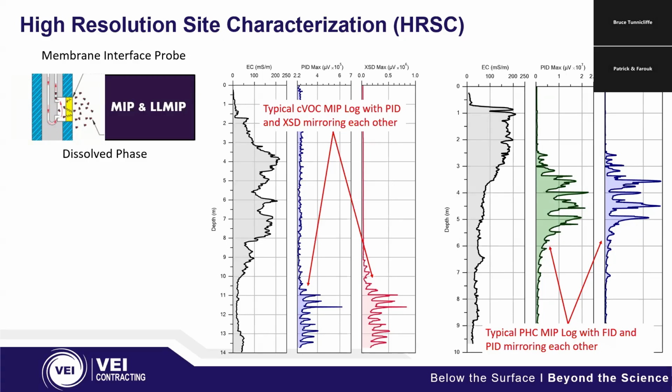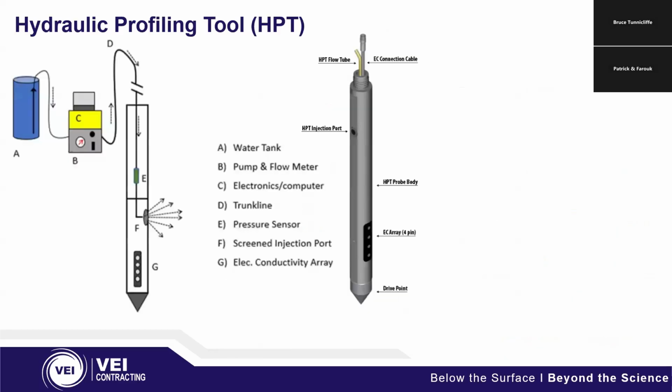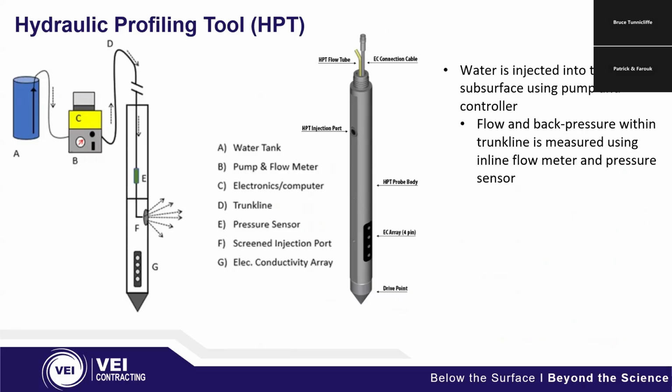So if you're ever interested in contaminant distribution, this is how these tools display the data. And we'll actually see something similar with the HPT. So how does the HPT work? How does it actually gather this data? What we're doing is taking clean water uphole and moving it through a pump and down a trunk line through a preset string of drill rods. And we're measuring the flow of water that comes out of that HPT injection port, and the back pressure of that, with a downhole pressure transducer,